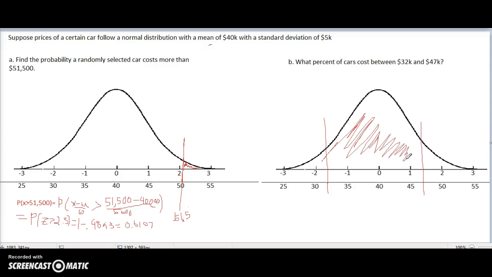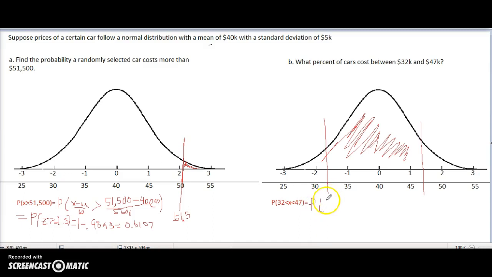So we're going to do the same thing as we did before. We find the probability, I just like to type this out, the probability that x is between 32 and 47,000, which equals that. So then we get that equals the probability